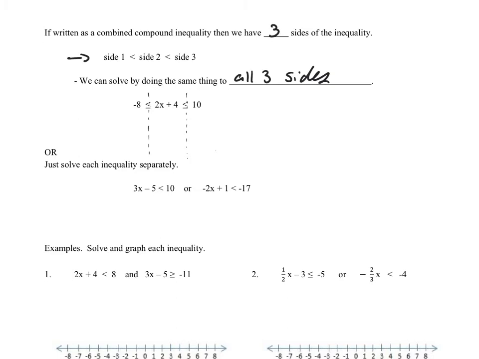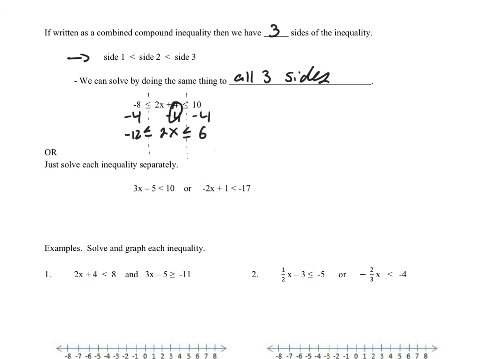So first thing to solve, just get rid of one side for a moment and look at that inequality as if it was a normal inequality. What would you do first? Well, we would subtract 4. But now we have this third side that we also need to subtract 4 from. Okay. Well, -8 minus 4 is -12, which is less than or equal to, we got 0 there, so 2x, which is less than or equal to